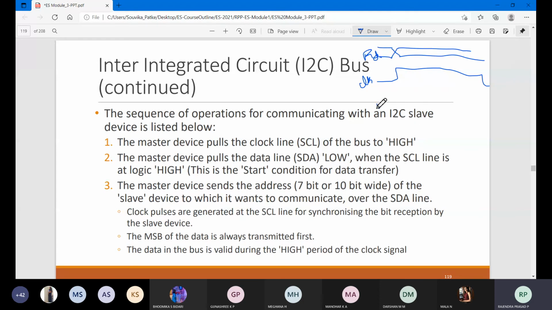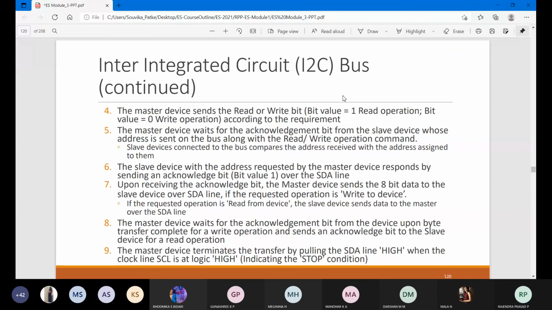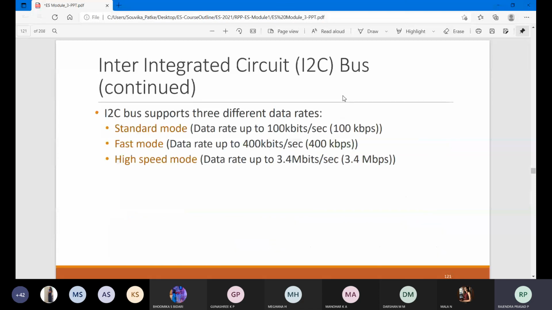Where the clock is high, you are going to read the information. When it is off, you are not going to do any operation, it will be 0. Same thing here also. That is why the timing diagram is very important. Again explaining the same thing, when it is high and when it will be low.